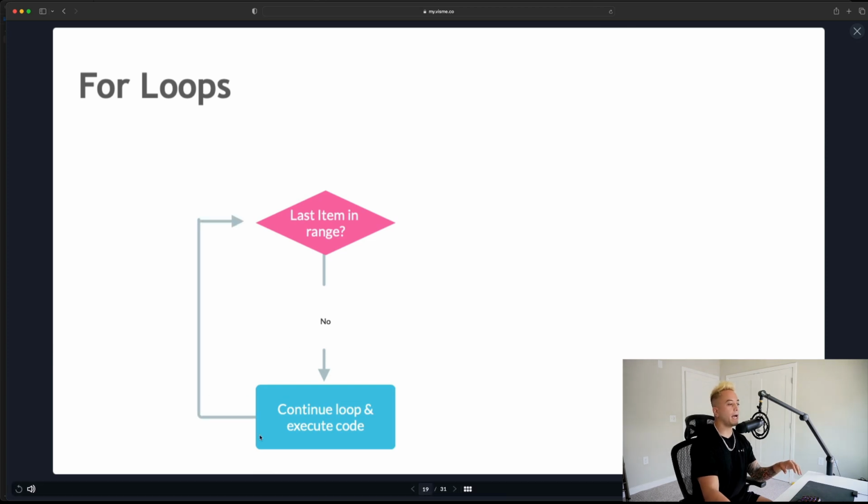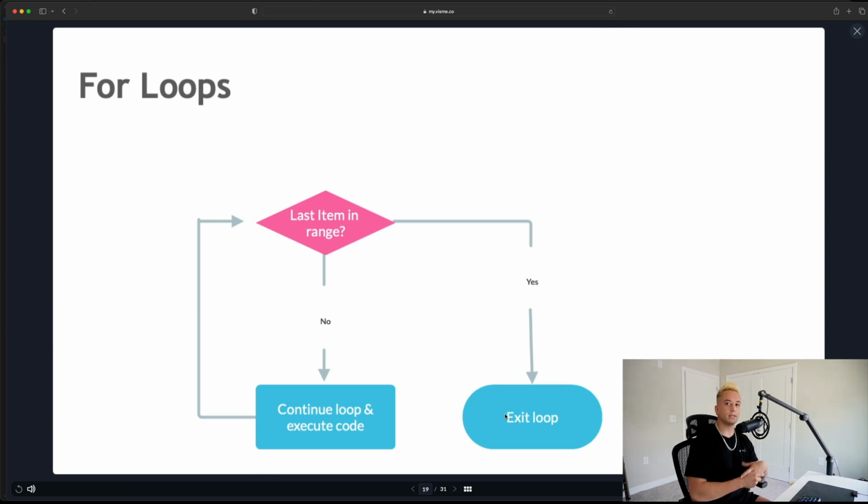And then it's going to go and ask that question again, until it gets to the last item where it says yes, and then it's going to exit our loop. So that's a visual representation of what a for loop is going to look like, guys. Let's go ahead and hop into Xcode now and do some examples of our own and see how powerful loops